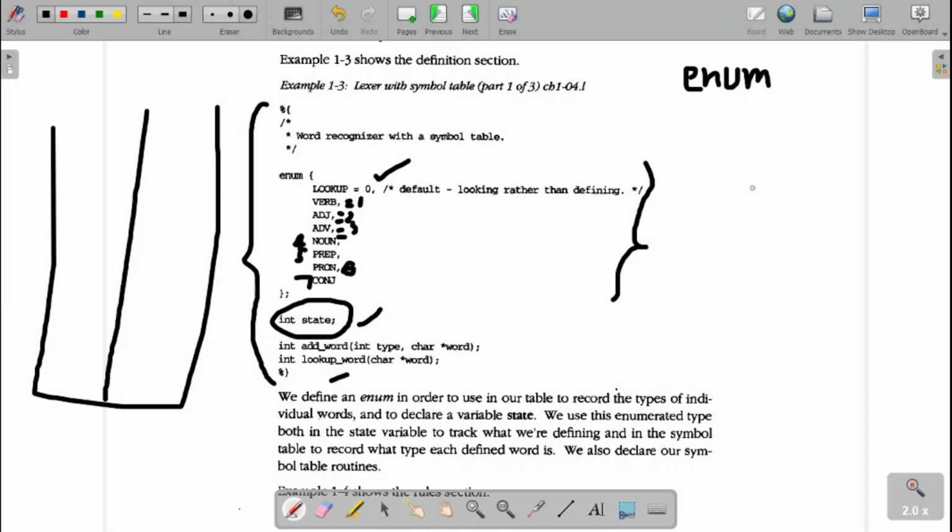Now I have the two functions over here: one is add, the other is lookup. Lookup means search. One adds symbols to the symbol table, and the other searches for symbols in the symbol table. So in this case, first let me define a noun. The nouns are cat and dog.